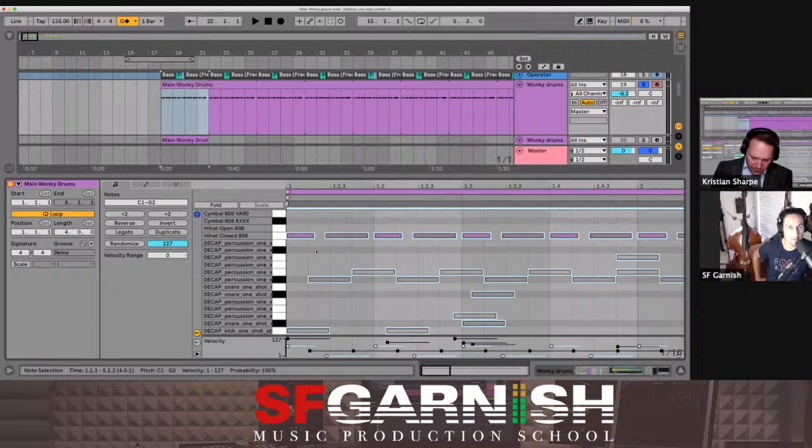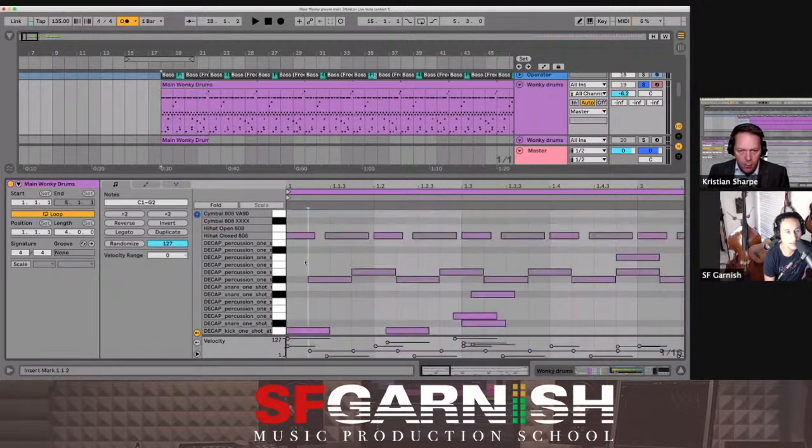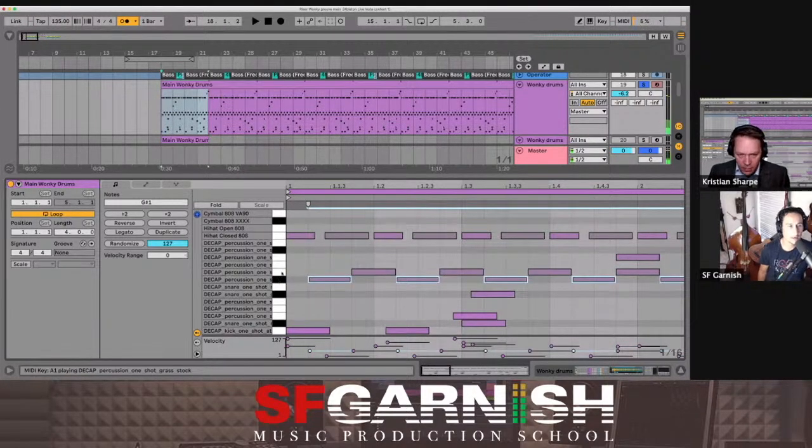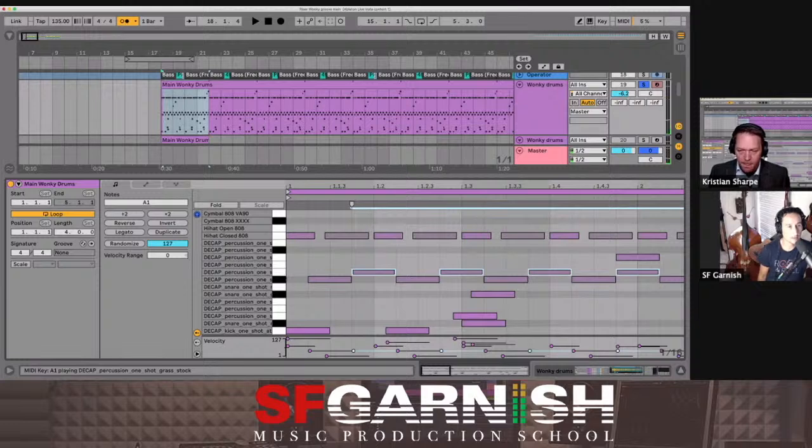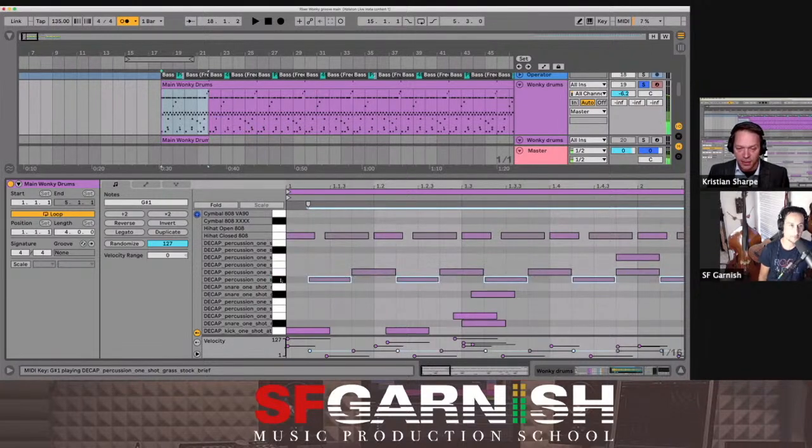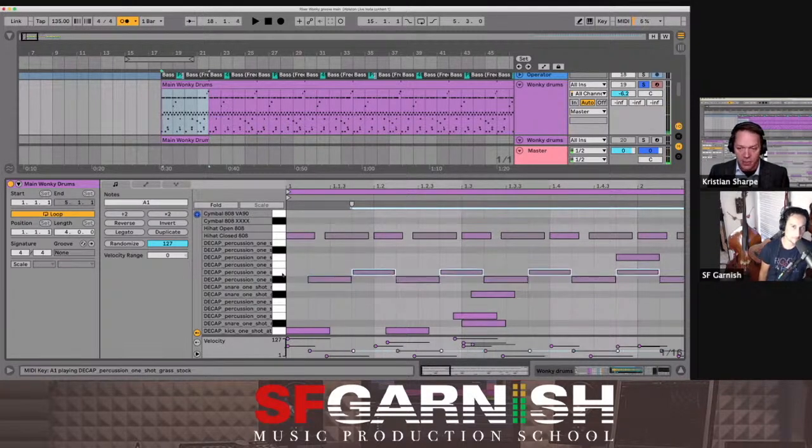So perhaps if I re-enable that lot, we've got some components in here that look like they are bang on the grid. But the reason they're bang on the grid is that they've got a long attack time, so actually the transient that you hear is late. So there's another thing: if you've got sounds that have a bit of a long attack and don't have an immediate transient, you can afford to put them a bit further forward,